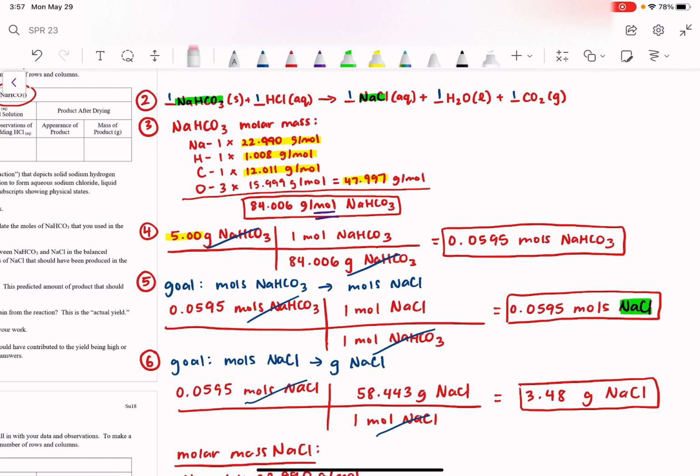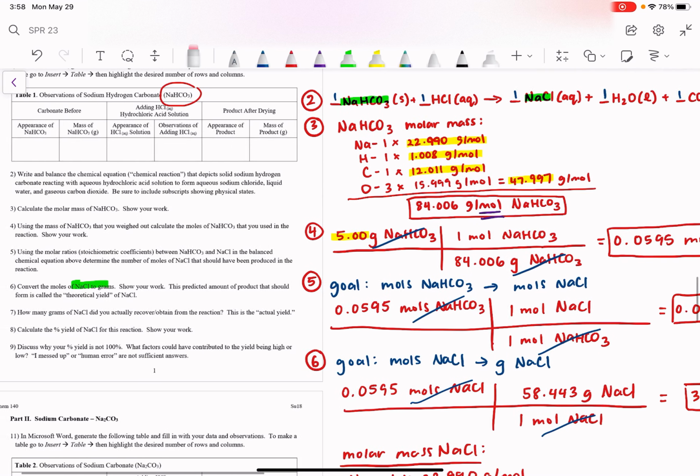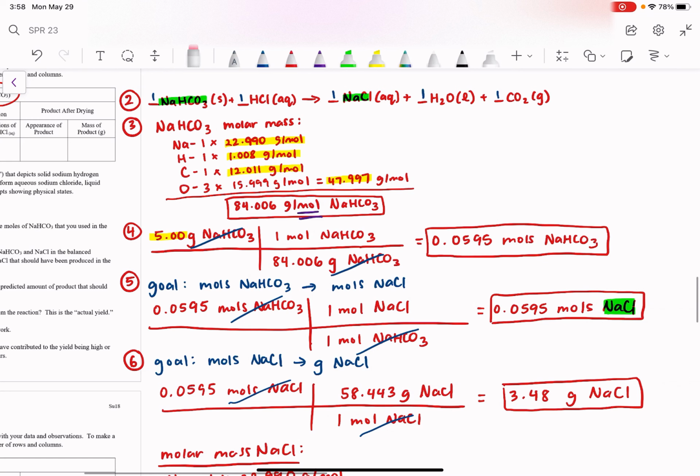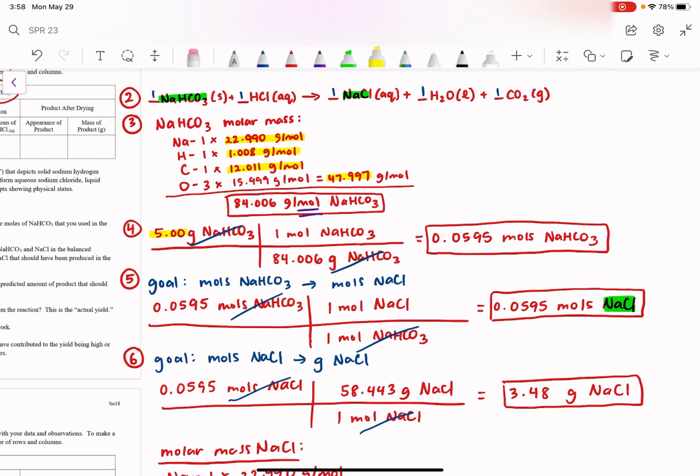So in number 2, we wrote a balanced chemical equation so that we could use that equation to figure out some of these numbers down here. That equation shows the reaction we did, and we knew what it would look like because the question told us exactly what we were putting in and getting out of the reaction. Then we calculated our molar mass for our reactant, NaHCO3, our carbonate, okay? And that was so that we could use that molar mass to get from the grams we measured in lab to the